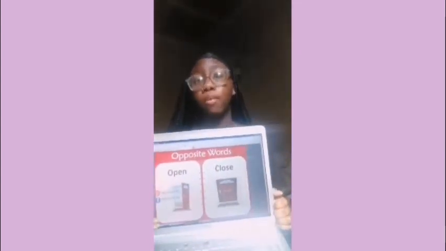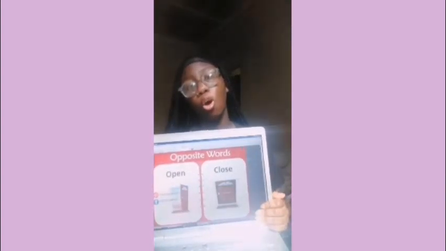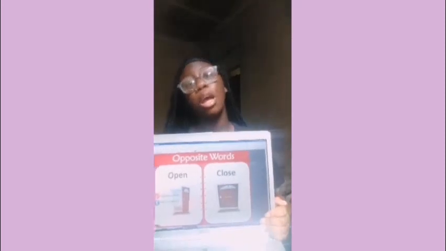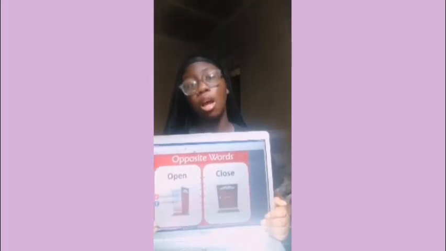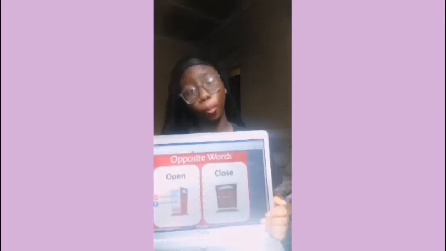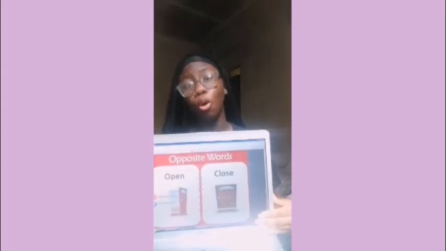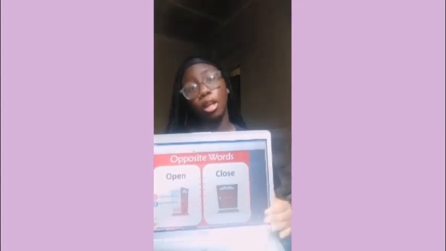The last set of words we have here are open and close. Open. When something is open, you can pass through it. When something is open, you can go in it. For example, a store. Let's use the word open in a sentence. The children left the doors open. Open is different from close. They mean different things. Let's use the word close in a sentence. When you leave your house, you must close all your doors and windows. Open and close have different meanings from each other. They are opposites.